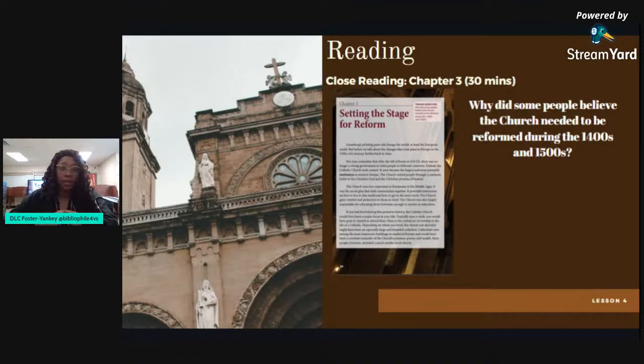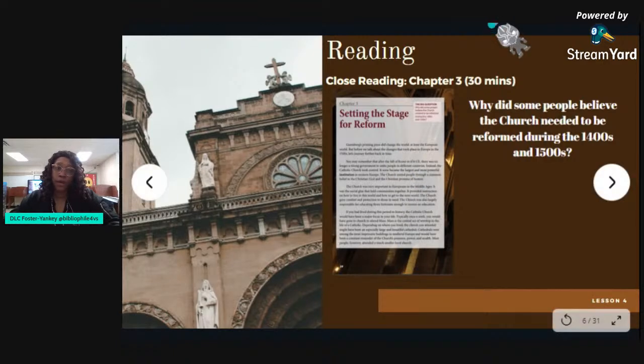Once students have located the first page of the chapter, a volunteer is going to read the big question at the beginning of the chapter. It's the same question that they discussed in the previous day's lesson. The teacher's going to make sure that they understand what the question is asking. And the class will read the chapter title together, Setting the Stage for Reform. As they read portions of the chapter, the teacher is going to be pausing throughout to explain and clarify the text at each point indicated, and have students answer questions posed either individually, as partners, or in groups. So it's really up to the teacher how students have discussions about this chapter.